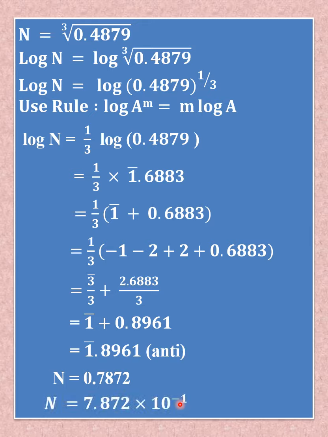Okay, this can be written in a simpler way also, as I just explained to you. Put the decimal point at the first place and write the characteristic as it is, if you are facing complication in writing it the other way. So this is a simple way to write. In this manner you can calculate different values for different powers, and try to get the answers and verify them using a calculator.